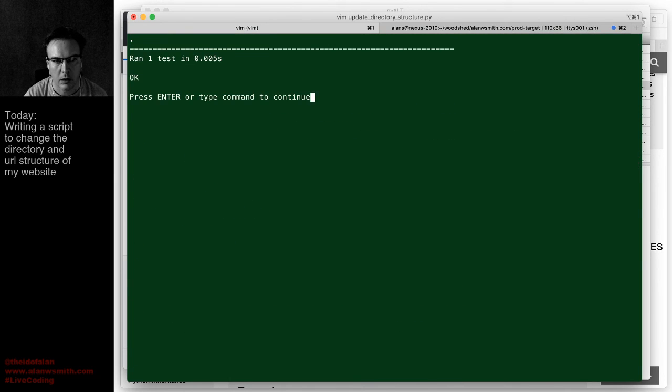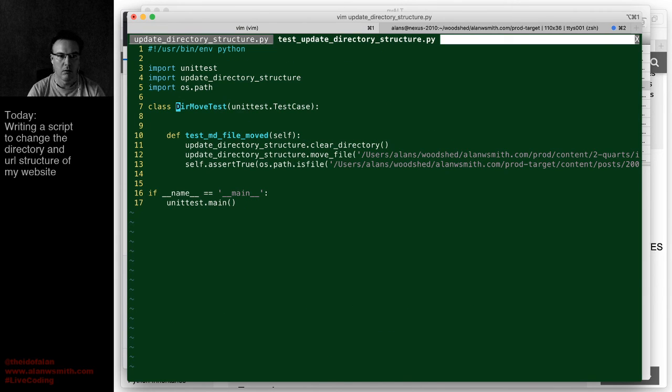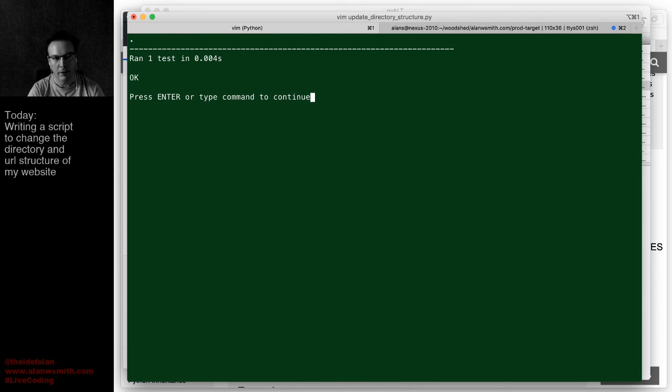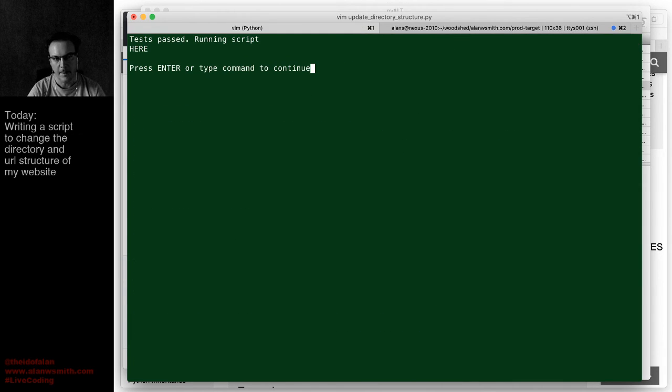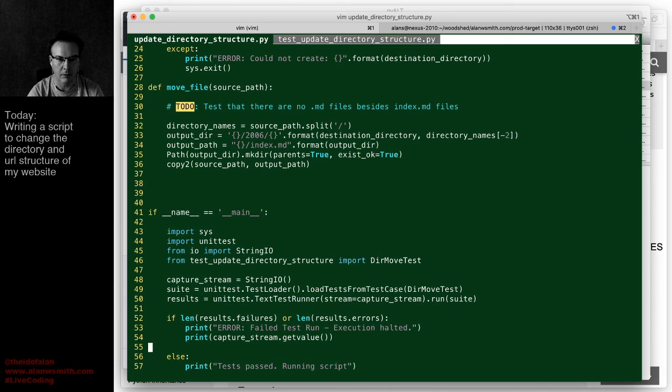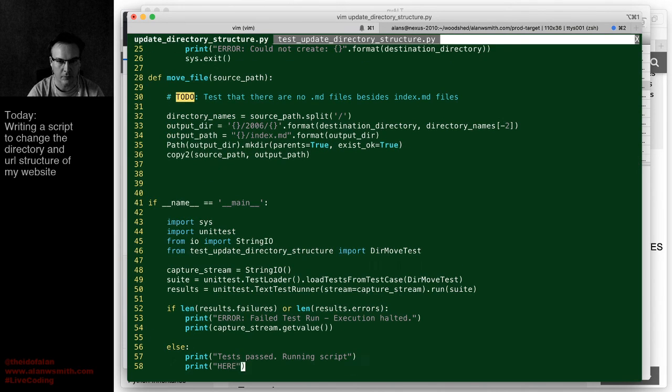So what that lets me do is, if I'm on the test file, obviously if I run the test file, it runs and gives you the test. So cool, everything's passing. If I'm actually on my main file and I use my hotkeys to run it, it calls the test file for me, runs the test, and then comes back, and then it will let me know if everything passed. And so just to show you how that works,